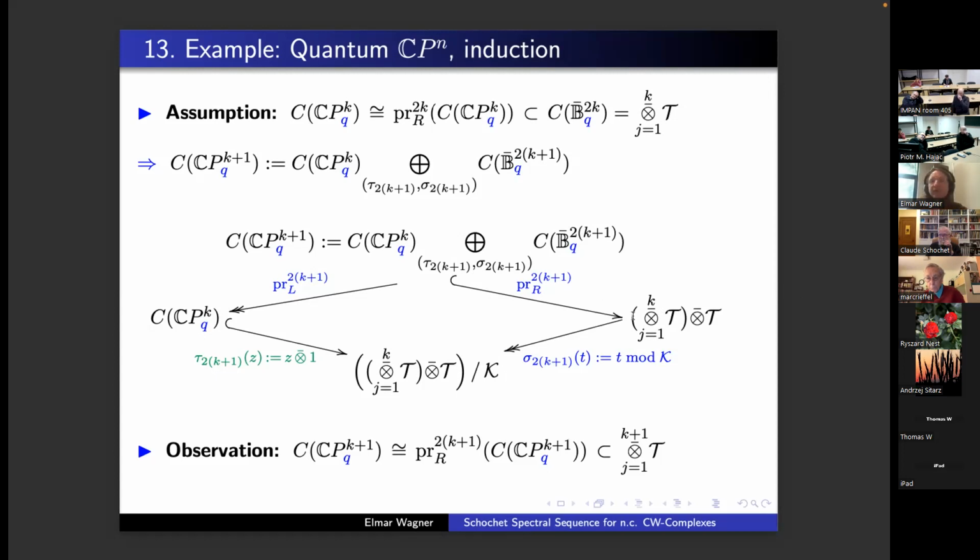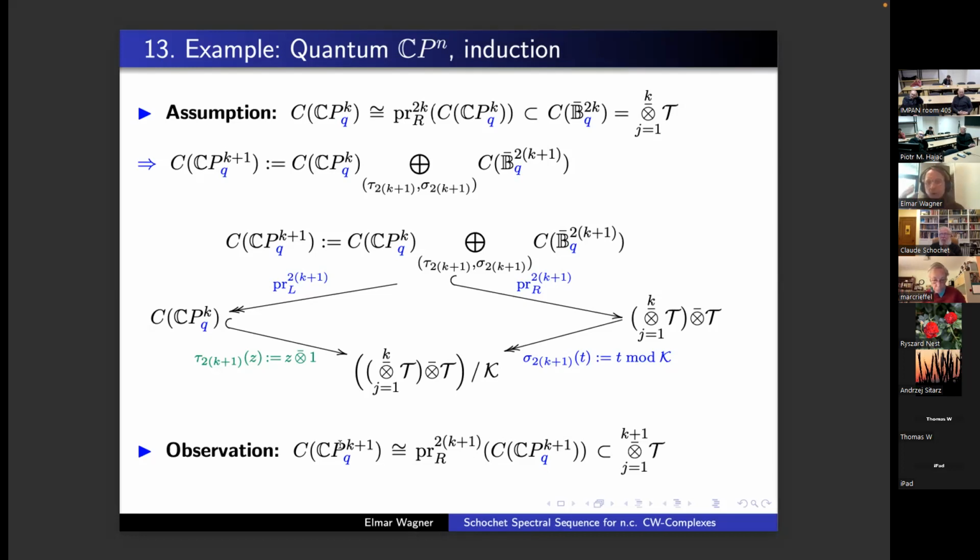2k+1 ball. So here it's just its restriction to the boundary, which means quotient with the compacts. This injection leads to this injection. So my CP_{k+1} sits inside k+1 copies of the Toeplitz algebra. And then I go on higher. So I have only even dimensional skeletons. The odd ones, it's like the one lower. And by induction, I can define any